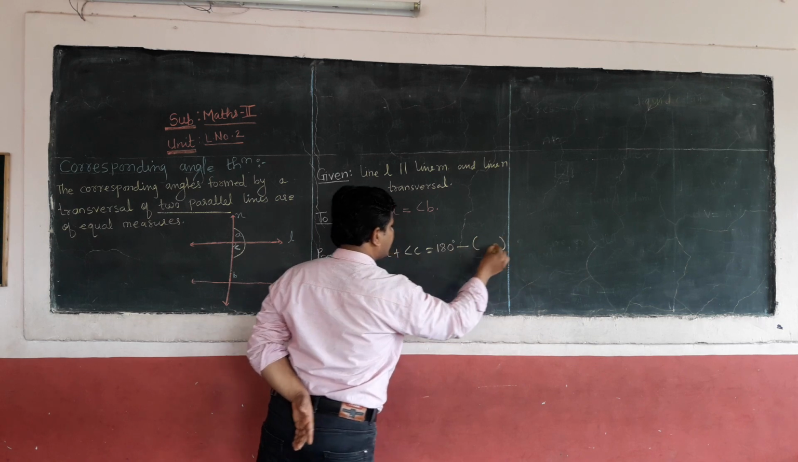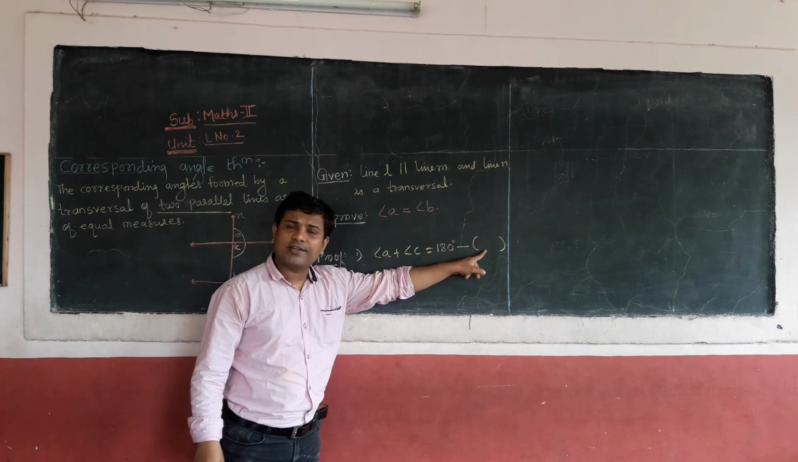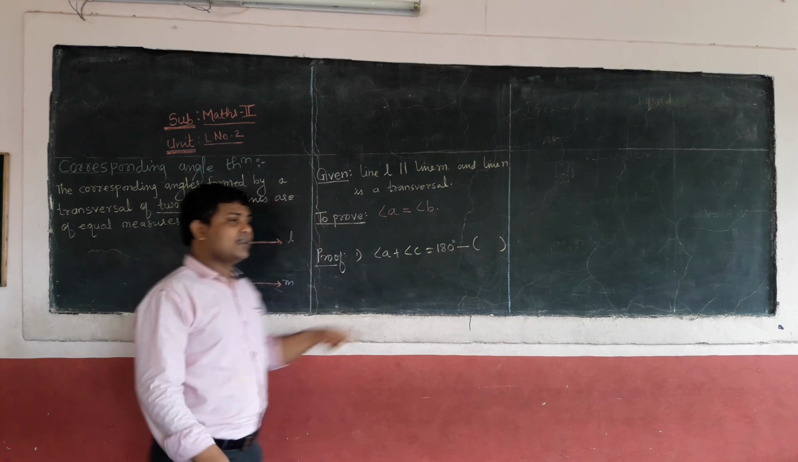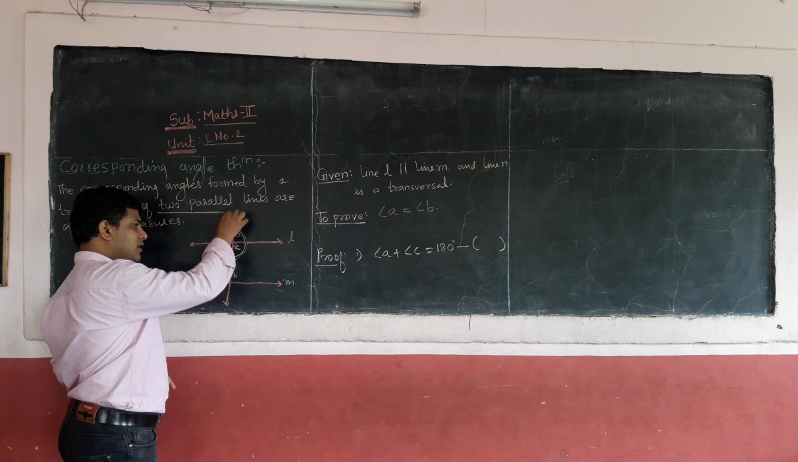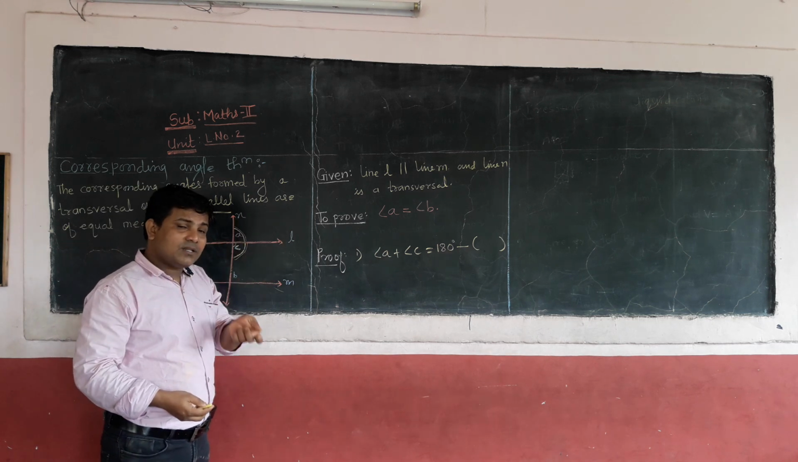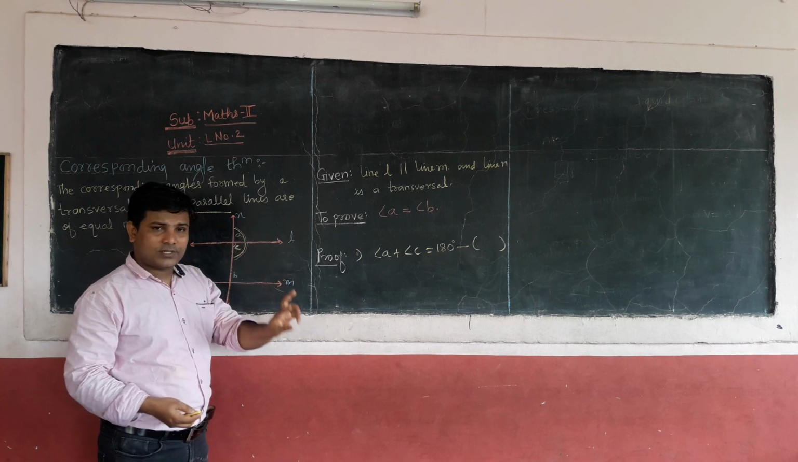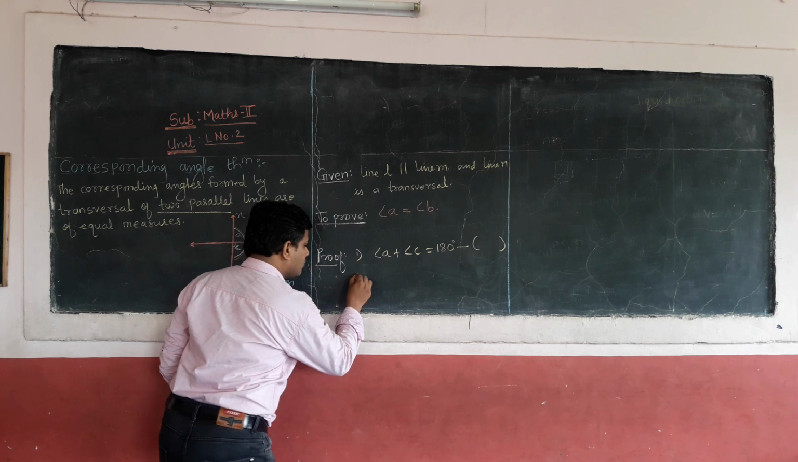Why is it 180 degrees? You have to write a reason there in the bracket. What reason are you going to write here in this bracket? That these angles are in linear pair. You can see both the angles are on the same line, that is a transversal. So when the angles are formed on the same line, their addition is always 180 degrees. The reason is angles in linear pair. Now,